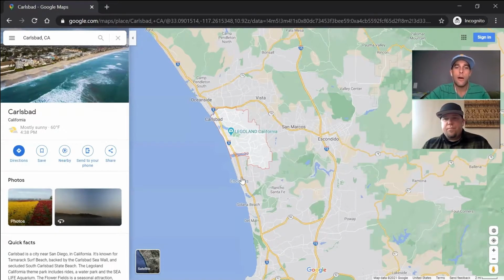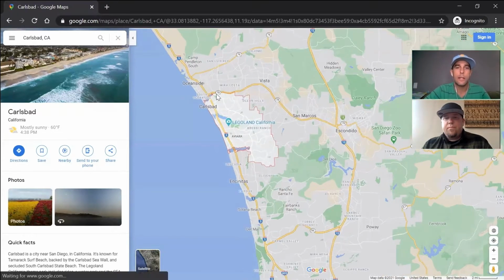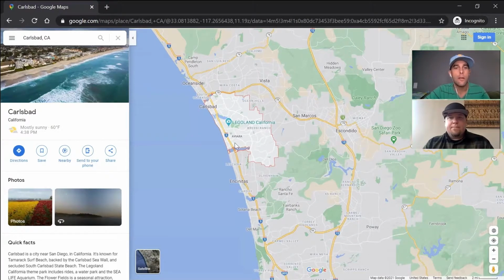So right now, like I said, they're not even finished. They're still working on the lanes here in Encinitas to kind of alleviate some of that. But that's the main spot. That's your main artery going north and south. So as you're cruising through, that's going to be the main jam if you're shooting down to San Diego,